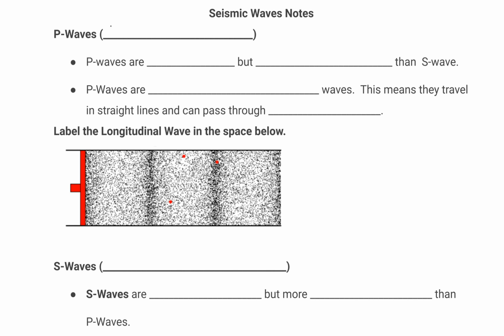So P waves are primary waves. P stands for primary. We call them this because, like I said, they're faster. So when we have recording stations for earthquakes, the P wave always hits that recording station first. It's the primary wave that they see. So P waves are faster, but they are less damaging